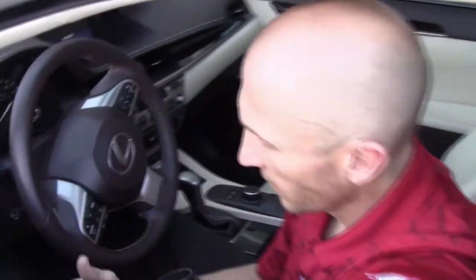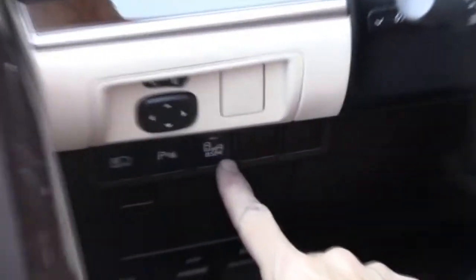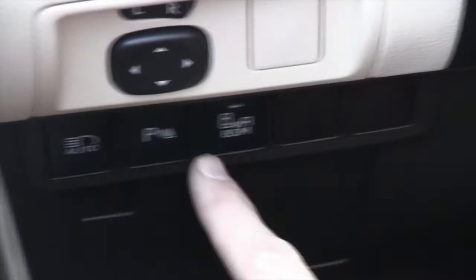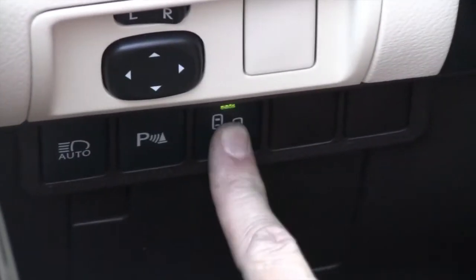Come on over. If you see where it says BSM, that stands for blind spot monitoring. So what you want to do, just simply press that button, it will light up, the mirrors will light up, and that means that system is activated again, and you can enjoy that great safety feature that we've all grown